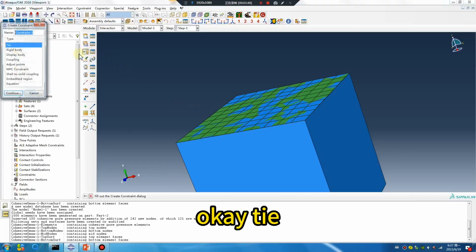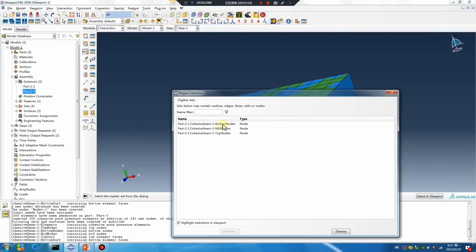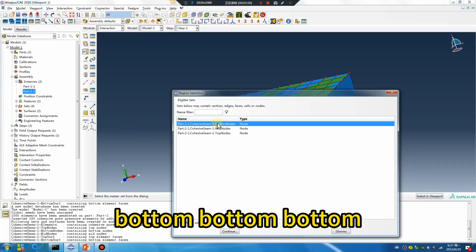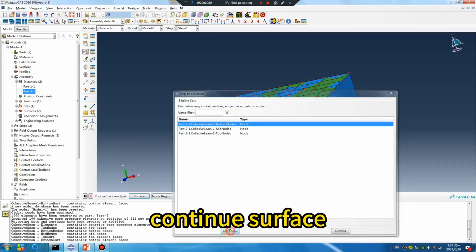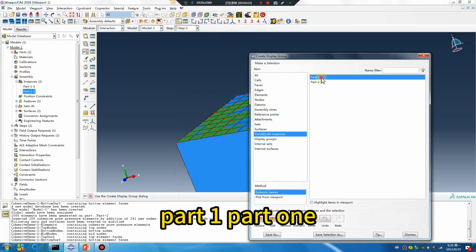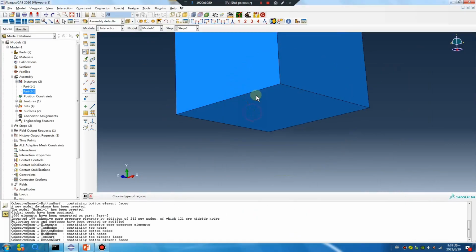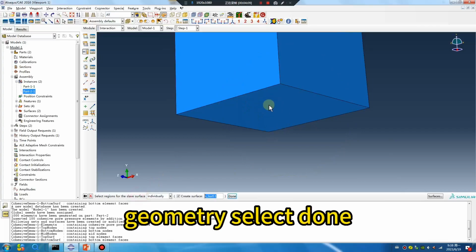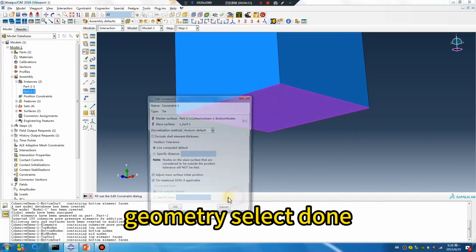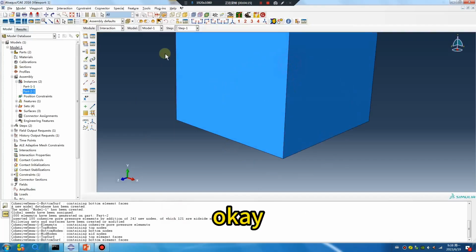Okay, tie. Node region, bottom. Continue. Surface, part 1, geometry select. Done. Okay, default. Okay,